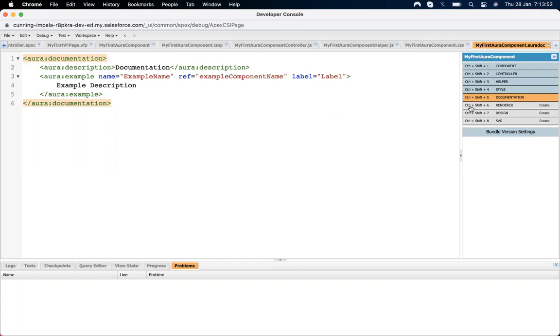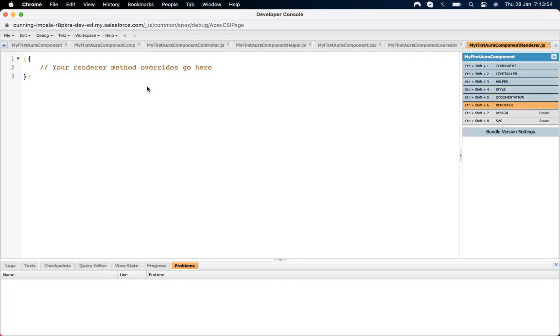Then we have a renderer. Renderer acts as a trigger for this component. Whenever a variable changes, or whenever the UI refreshes, or whenever any action is performed that refreshes the UI, that is controlled from here.